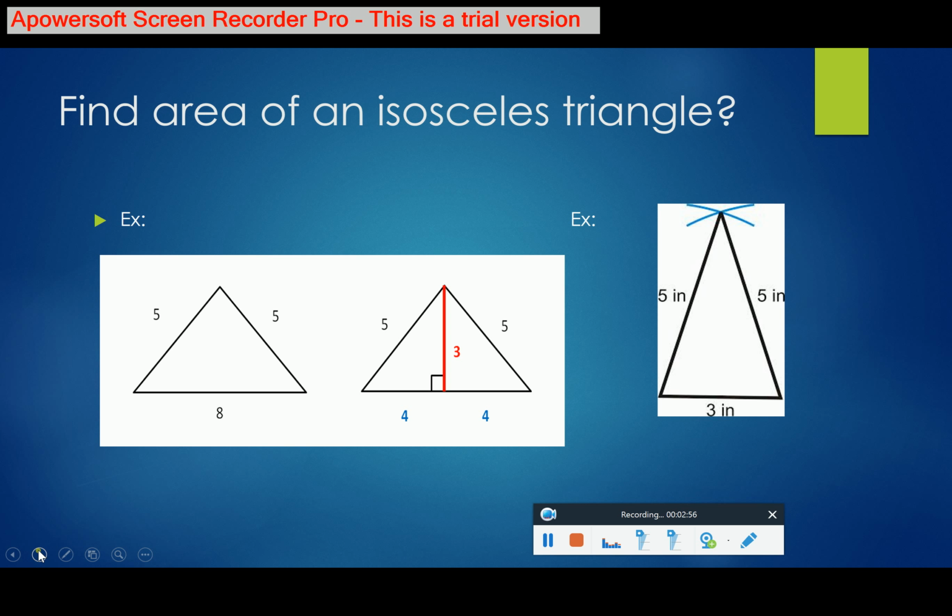Okay, find an area of an isosceles triangle. So an